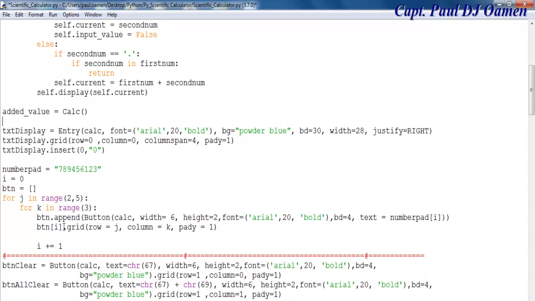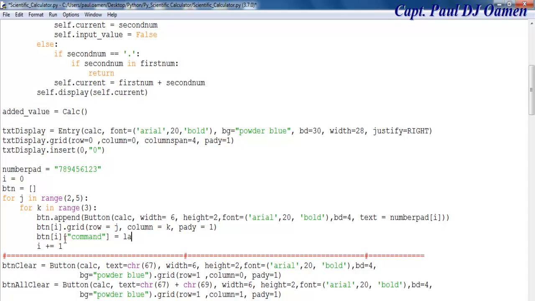Okay, let's try and call this very first one button, just to try if it works as we want. btn I, that's for the array. So I'm going to then enter command, right? The command equals